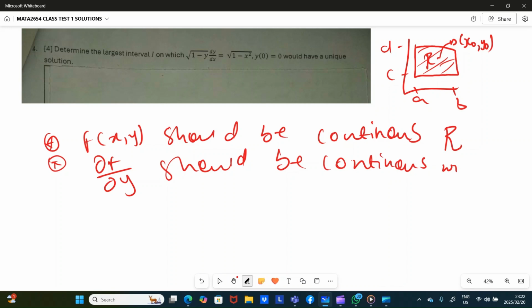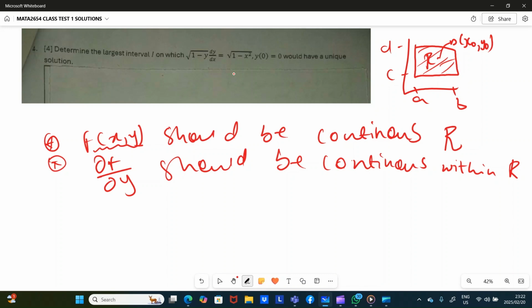Within region R, it should be continuous. Okay, so it should be continuous within that region R, like that. For those of you who might not understand how we get f of xy,